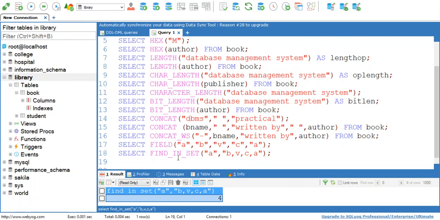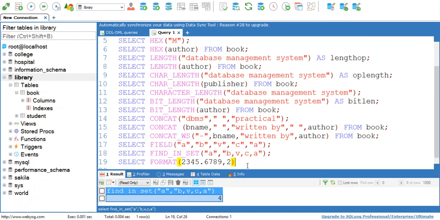Then the next function is the format function. The format function is used to represent a given number in the specified format. For example, my number is 2345.6789. Now I want only two decimal places after this dot, after this precision point.